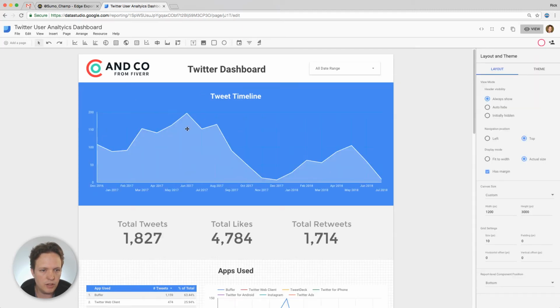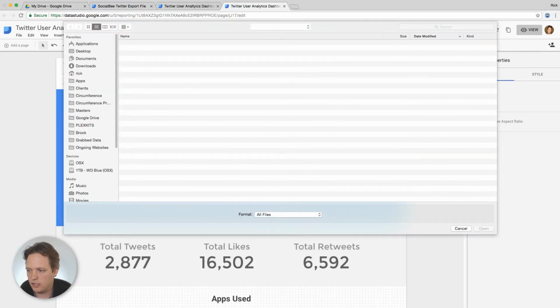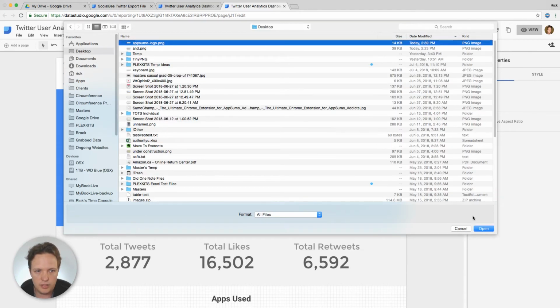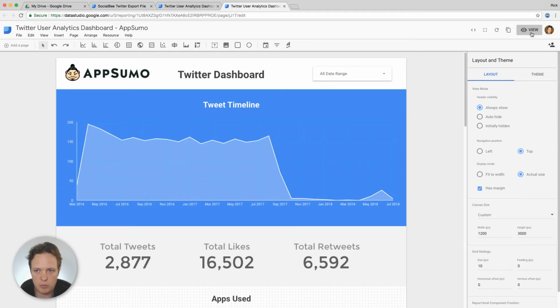Oh, no, this is going back. See, there's a problem with using two accounts, is that it switched back to my other window here. So this is the one that I want. We will swap this out for the AppSumo logo. And there we go. Now we've got a nice dashboard that we can share